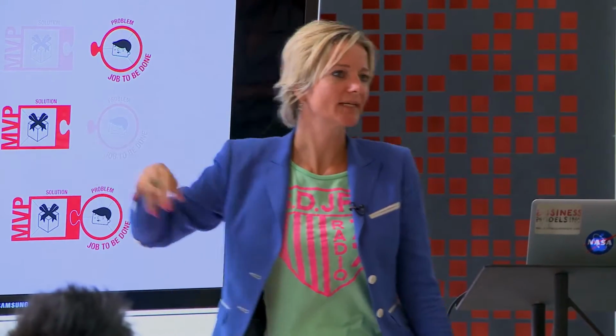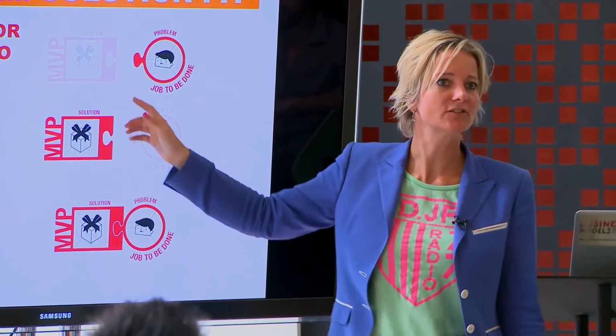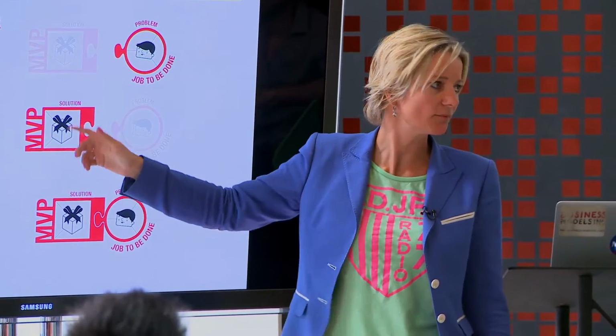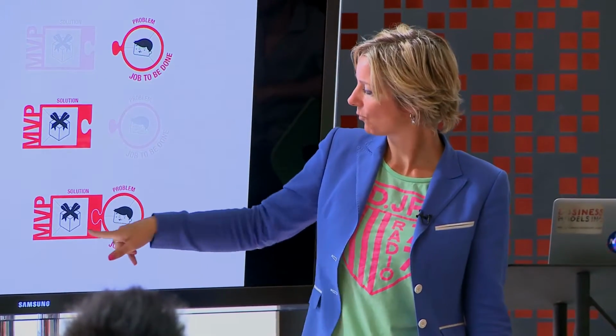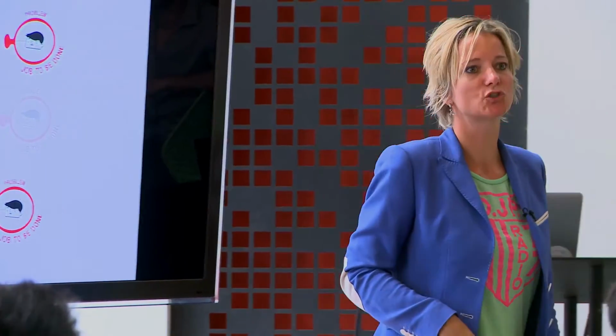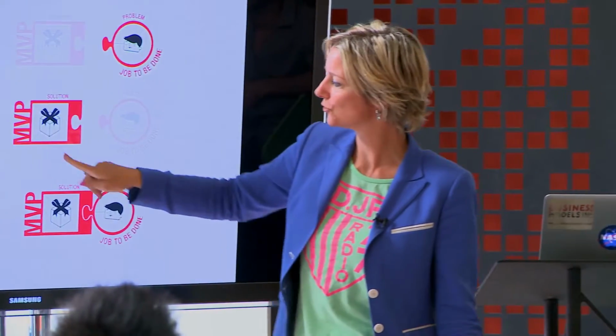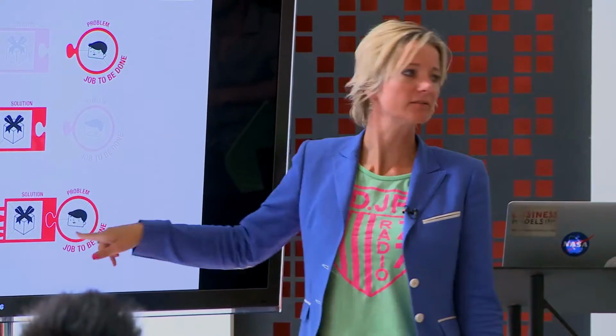We typically say 3 iterations means, for example, 3 rounds of testing, and a round of testing is max 1 week. It's not that we're talking months, it's just quick rounds of testing. Test the solution, that's also the prototyping, that's what can we do in here. And of course, we need to make sure that we have that problem-solution fit. So can we test that? Is that indeed, because if we know this is the job to be done, we have a solution, do they actually meet, right? Otherwise, it doesn't make sense.